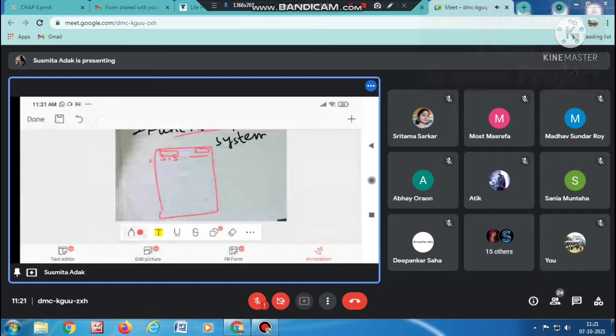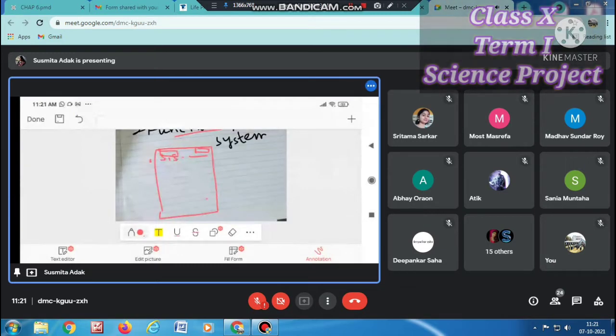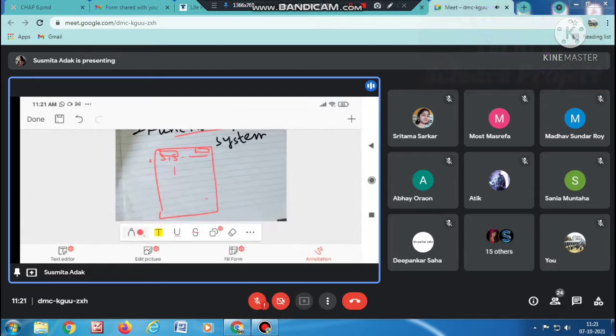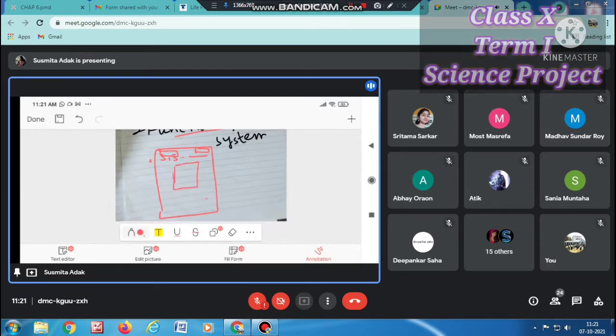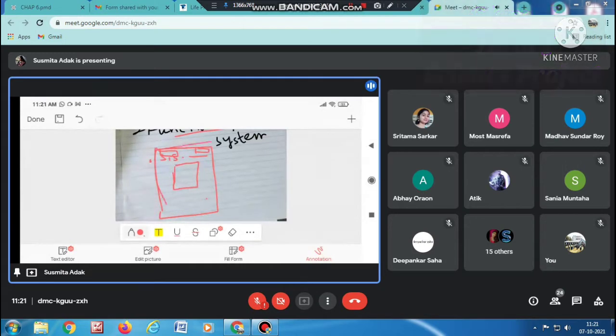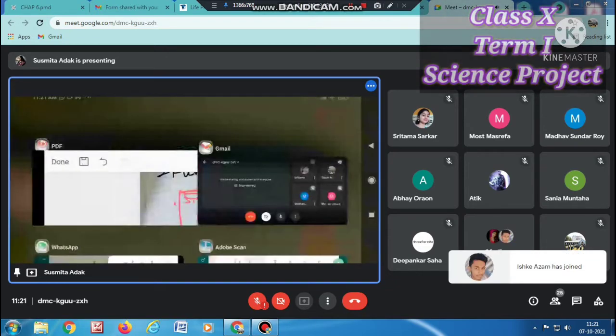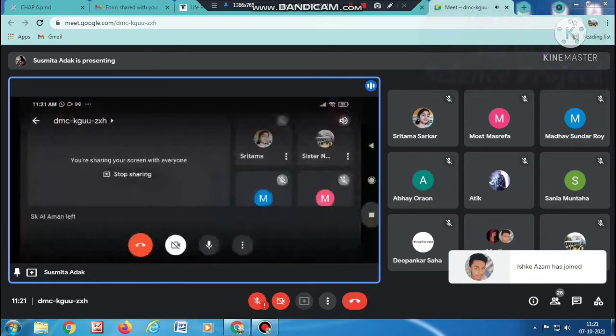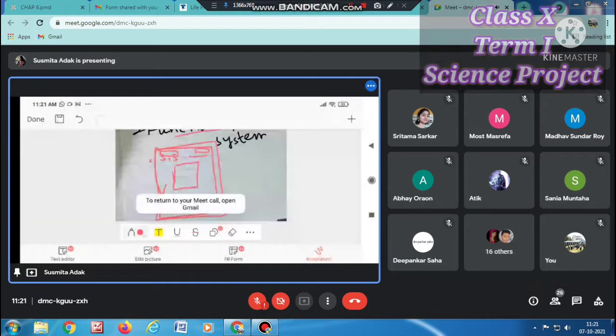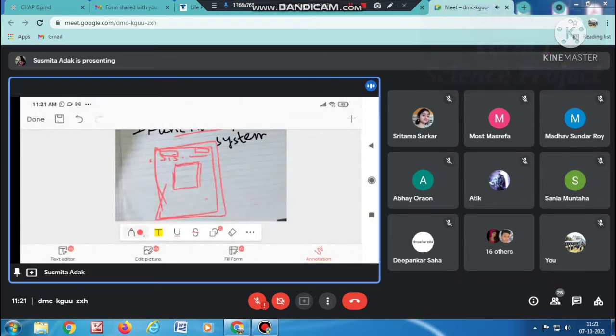After that, as you are doing the digestive system project, you will print out a picture of digestive system and paste it there. And the full cover page you can make by printing also. So you can use a full printed page for your cover. Here it will be the digestive system picture.